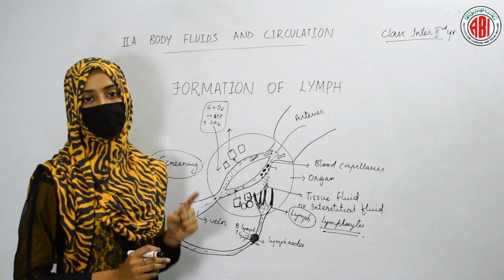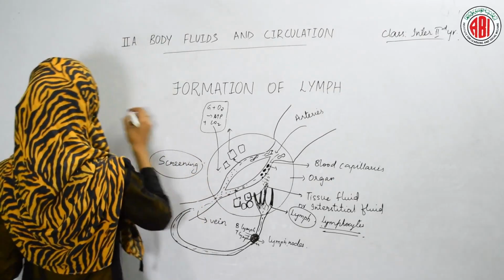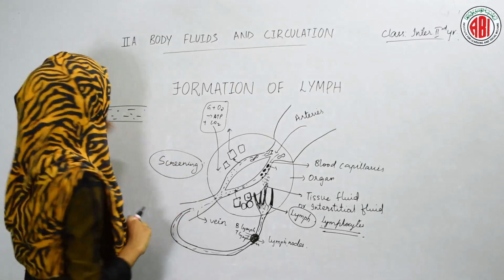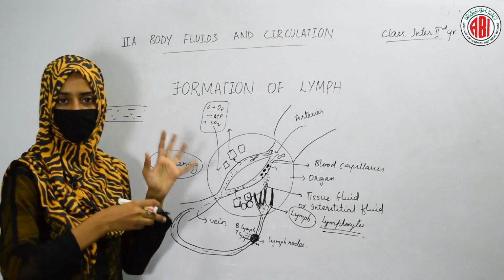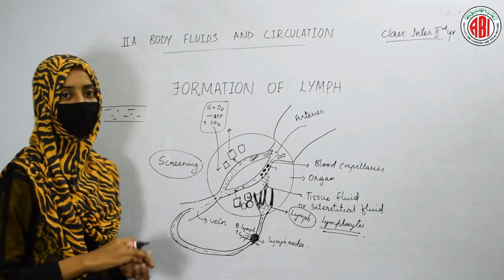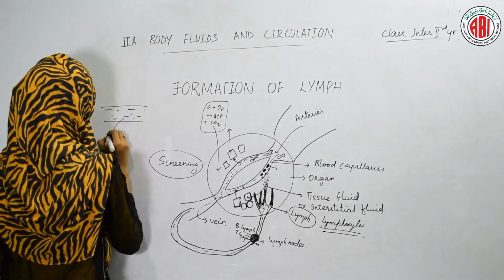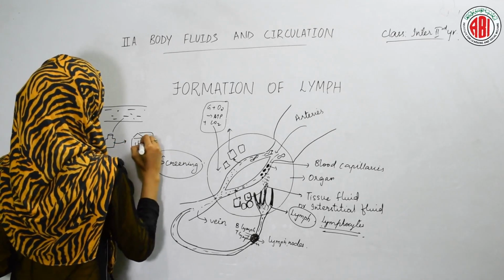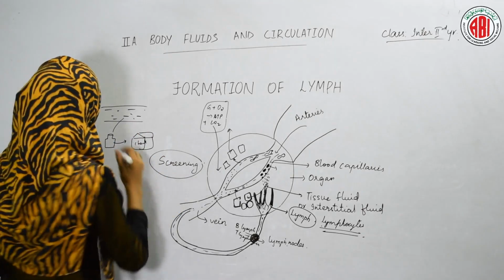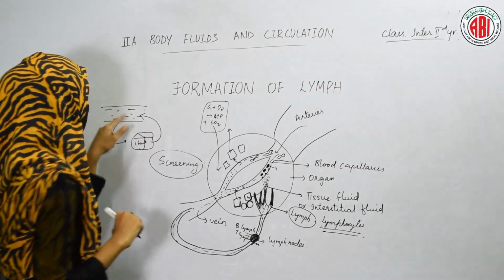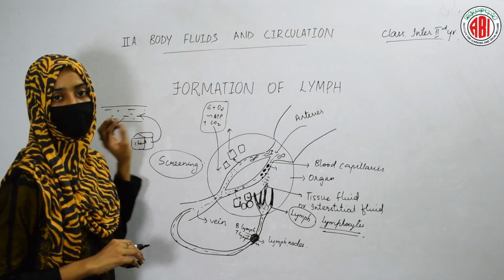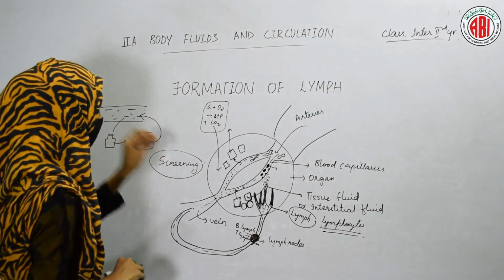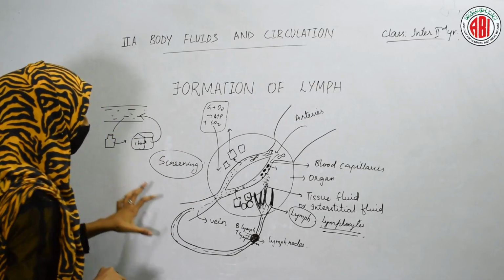Here I will take one example to understand it more clearly. This is a river. If you want to check the pollutants present in the water, are you going to take the whole river to the checking center? No, you will take some amount of water as a sample, and that sample is sent to the checking center. Once the screening of water is done, this water is again sent back to the river. This is how the process happens through lymph vessels and lymph nodes, and then the fluid returns back by the lymph vessels.